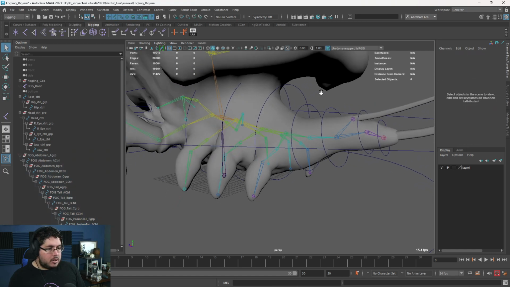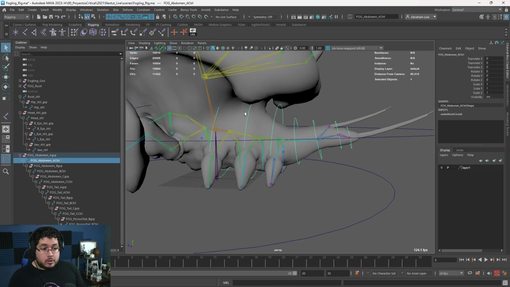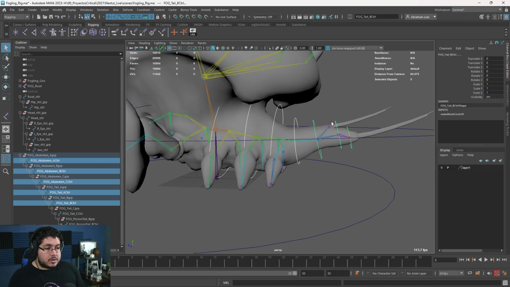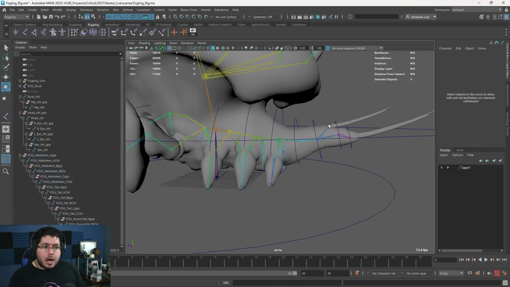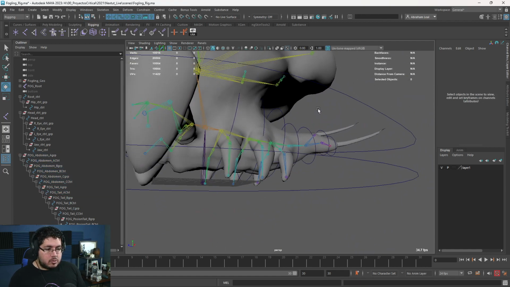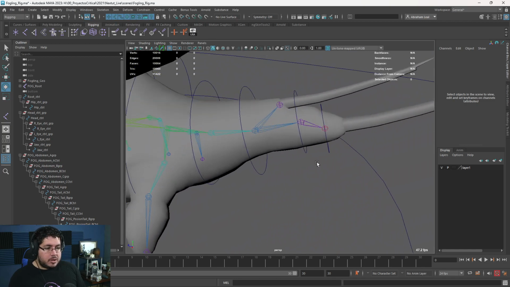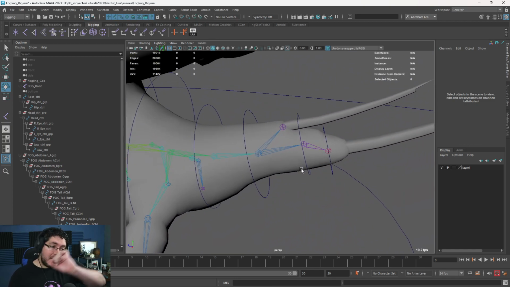There we go. Also, one of the cool things about the script is that it automatically connects to the joint. So if I grab this whole chain and rotate it, you can see it's already connected. So it saves a lot of time. It's one of my favorite scripts to use when rigging because it saves quite a bit of time. The only problem is you can only use it on a straight chain.